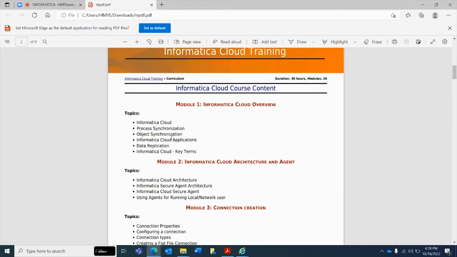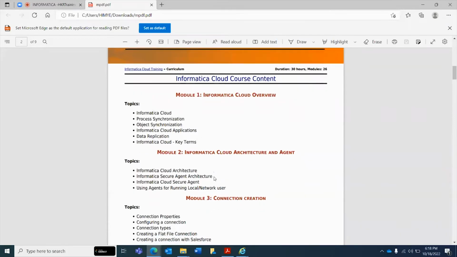And I will show you how to create a free trial, and how to see the products inside the Informatica Cloud. Okay, Informatica Cloud is not only for data integration. It has multiple products. Informatica is a company, right?